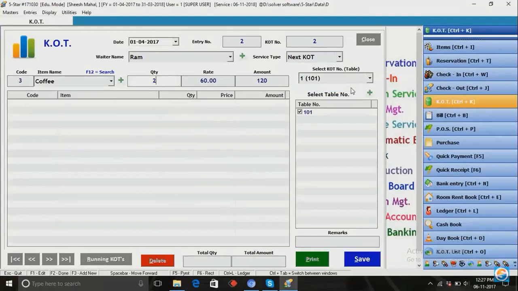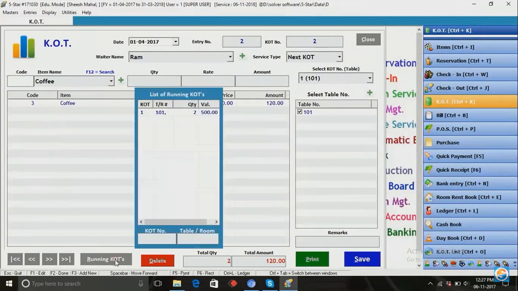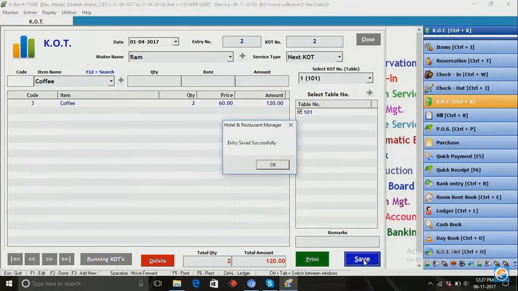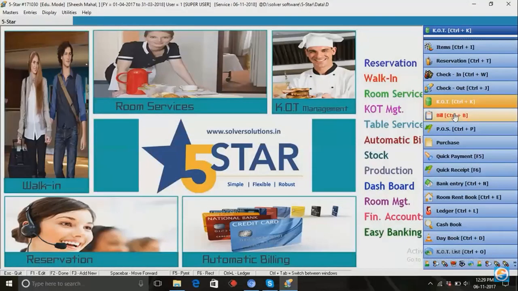हमने एक और आइटम भेजनी है। मान लीजिए उन्होंने कॉफ़ी कप ऑर्डर किए हैं 2 कप, और यहाँ पे एंटर करेंगे इसको भी। तो इस तरह से नेक्स्ट KOT को भी आप डाल सकते हो सॉफ्टवेयर में। अभी इसको भी हम सेव कर देंगे। अगर आपने रनिंग KOT देखना है तो ऐसे करके यहाँ पे रनिंग KOT भी चेक कर सकते हो कि कौन कौन से टेबल बुक हैं, अभी KOT जो है पेंडिंग पड़ी हुई है, तो यहाँ से आप चेक कर सकते हो। अभी इसको सेव कर देंगे हम, ओके करेंगे।